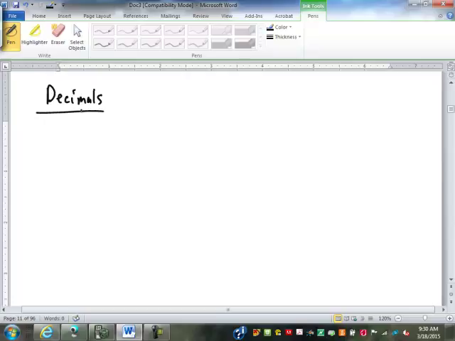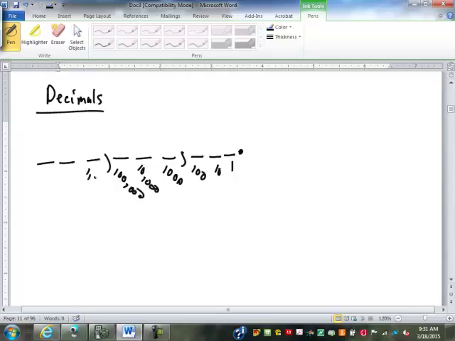The key to working with decimals, just like it was the key to working with our whole numbers, is the concept of place value. Just a review for our whole numbers: the ones, the tens, the hundreds, the 1,000s, 10,000s, 100,000s, millions, and so on. Going this way,